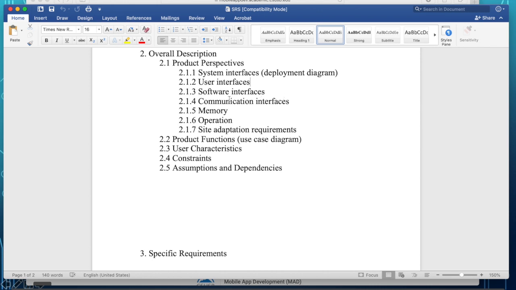So these are the software interfaces there. The communication interfaces refers to the different protocols, HTTP, HTTPS, communication protocols that you will be using.